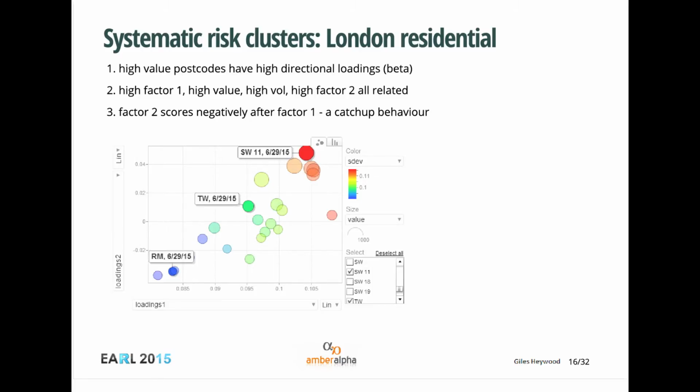The other thing is that for factor 2, although the scores are zero correlated at lag 0, they are actually positively correlated after a lag. And we're now seeing that right now in London, that peripheral zones are catching up with prime central London.